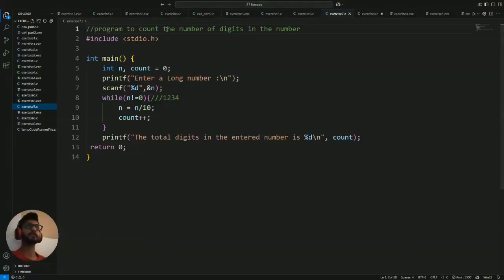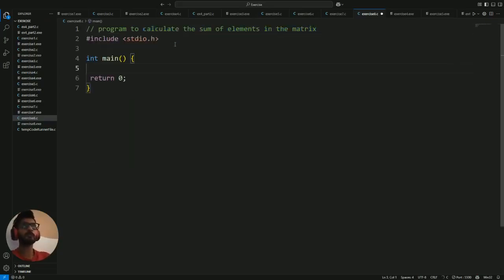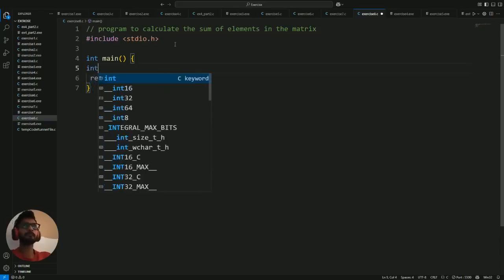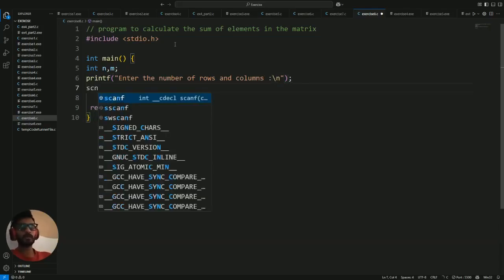So until the last video, we saw how to count the number of digits in a given number. In today's exercise, we are going to see how to calculate the sum of elements in a given matrix. So I will quickly insert the boilerplate, and inside that I will just declare int n and int m. I will ask the user to enter the number of rows and columns, and store those in the scanf function